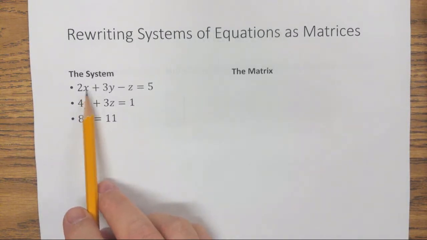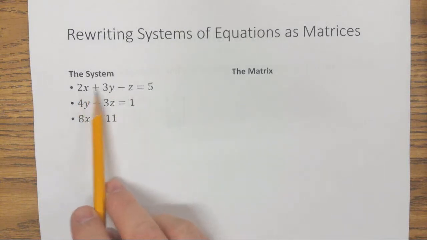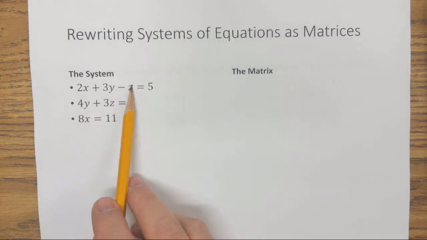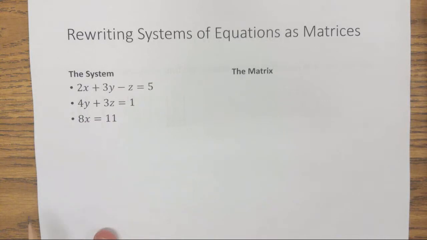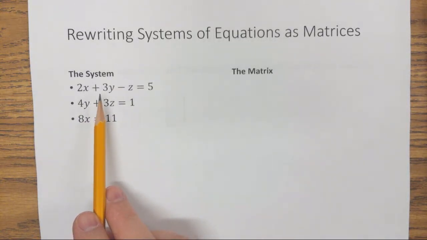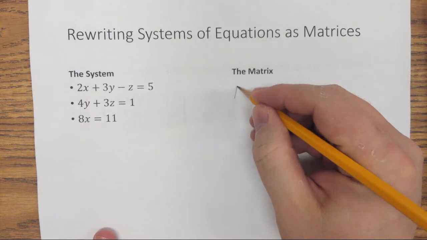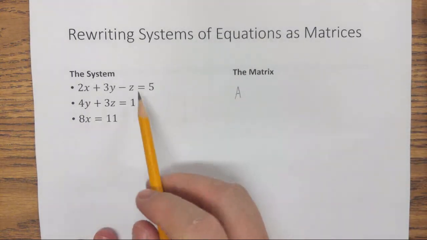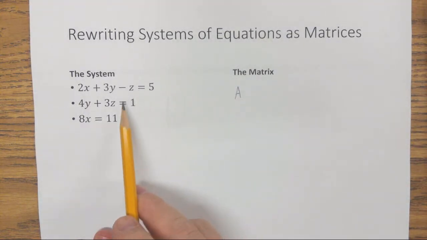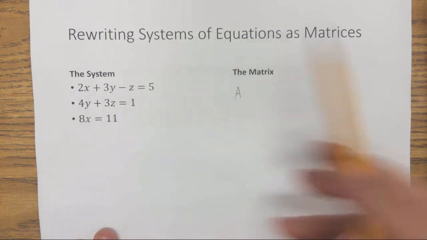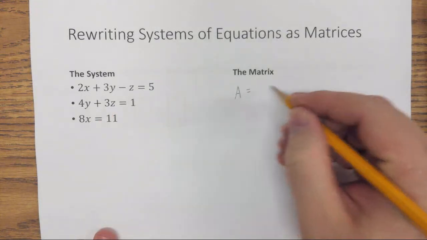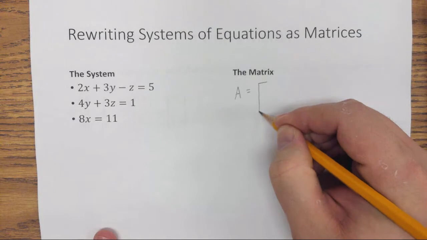I see that this has 3 variables in it, which is the largest number of variables that I have, so I'm going to have to make a 3 by 3 matrix. Let's start out by writing matrix A, and matrix A is going to be everything to the left of the equal sign. So matrix A is going to be a 3 by 3 matrix,